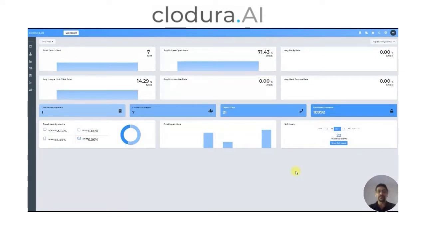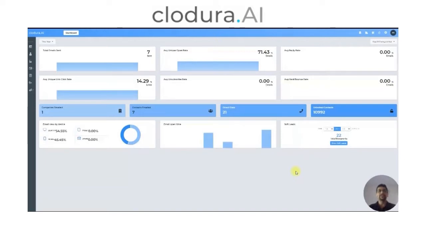And that is exactly what propels us to bring you more and more new features and advanced processes to help your sales team do better. Today, we are very happy to announce that Cloudera's sequence module has now been upgraded into Cloudera Cadence. And there are very cool things that you can do with Cadence now. And in this short video, I'm going to quickly introduce you to what all things you can do on a very high level. And then in subsequent videos, we will cover all those steps in detail so that you can start running your cadences very smoothly in the system.